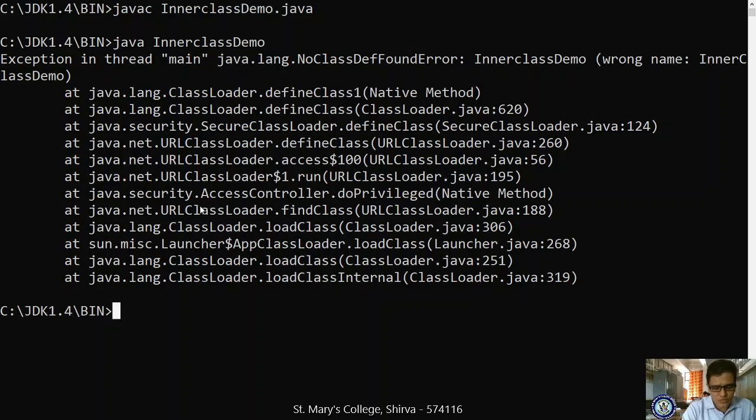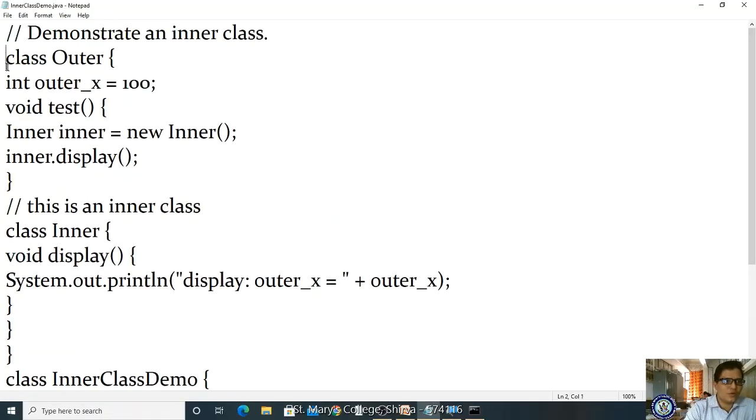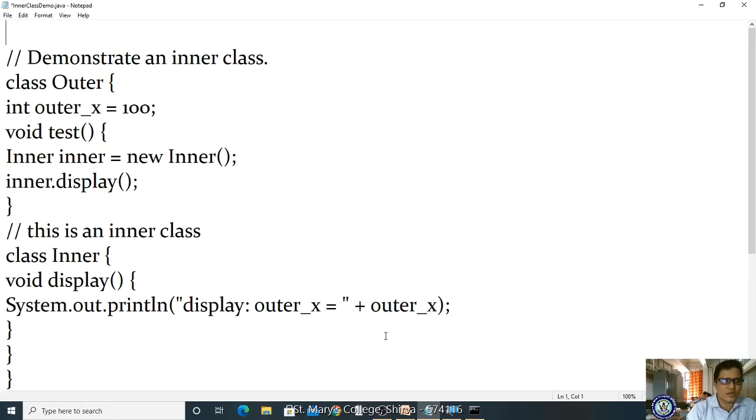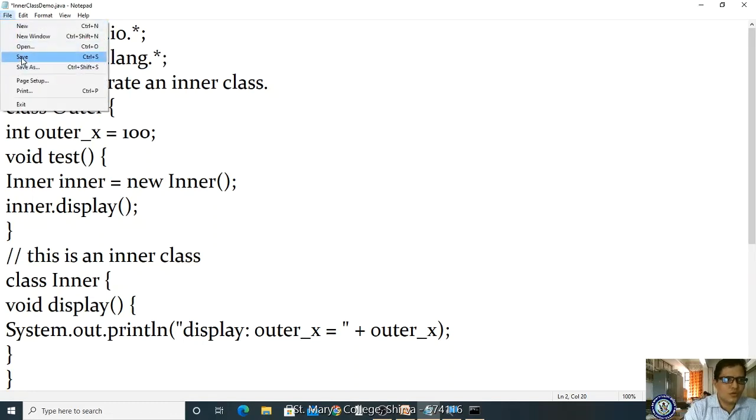So it is requiring some packages. That is why whenever you are doing this program, we have to add the header files. These are the packages here. Import java.io.* and import java.lang.*. This is supposed to be given while doing your program.